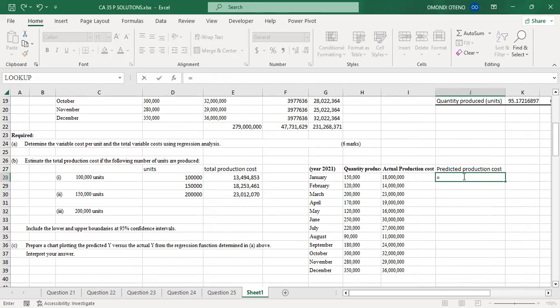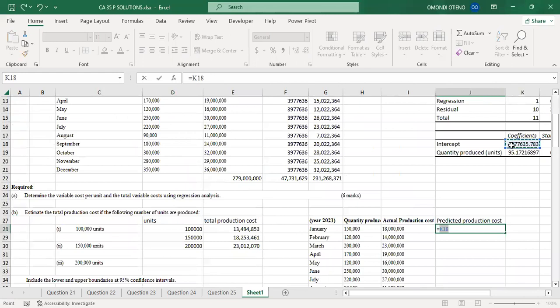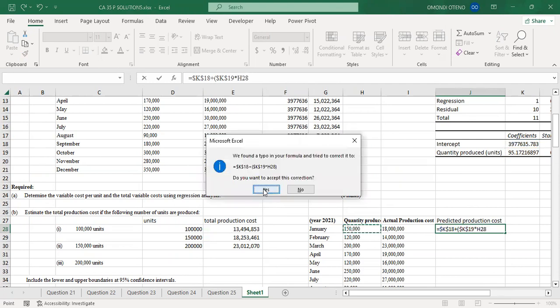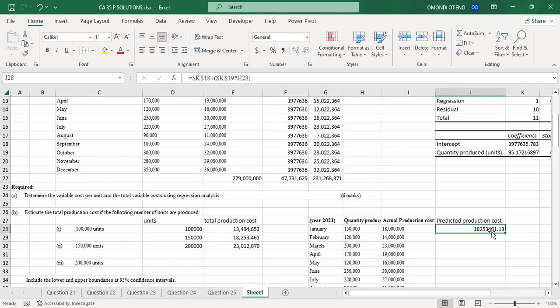So we are going to say equal to Y. Y is equal to A, that is our A, plus B multiplied by X. This is our B, must be fully locked because we are not going to change away from it. Then we multiply by X, which is the units produced. So when I do that, this is what I am getting